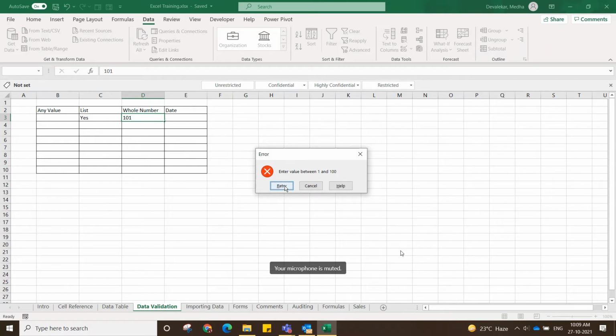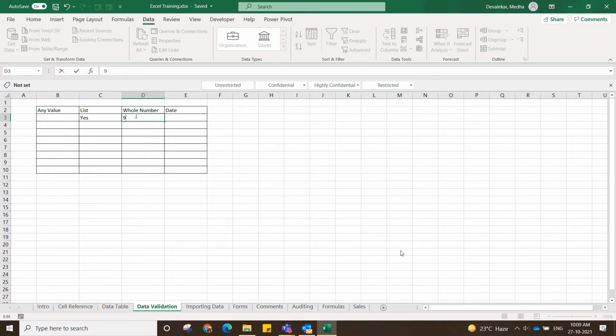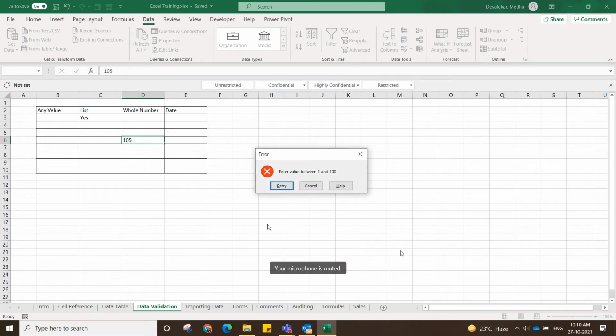Once you click on Retry, it will again select this cell, and then you are allowed to change it. Now I entered 93, it is accepted. The same rule you can apply by dragging this down, so that it will also give the same result.